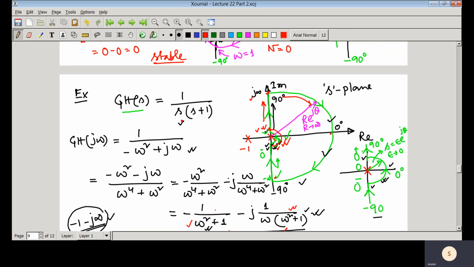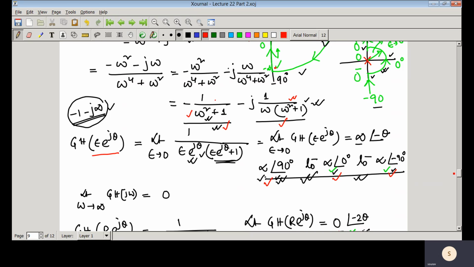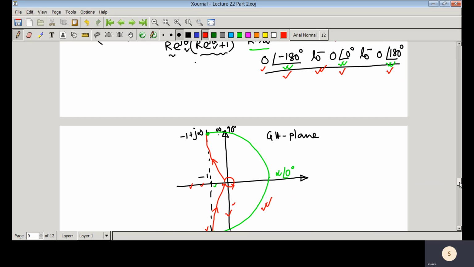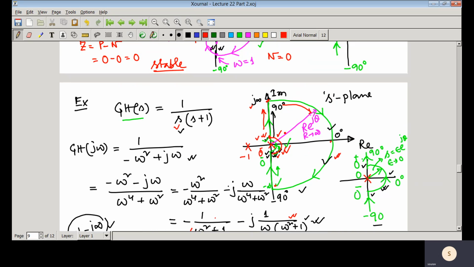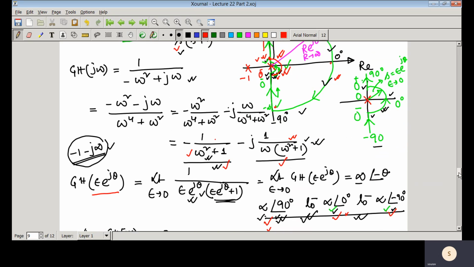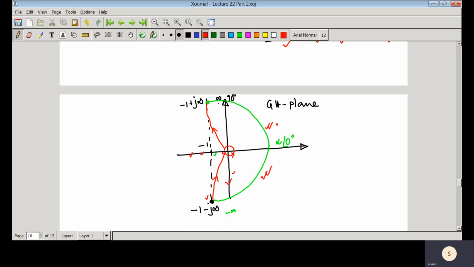That means as there is a 0 at origin, so we need to exclude that one, and this is that Nyquist contour, and we have started from this 0 minus, and we have seen that whenever that 0 minus is there, that means it is at infinity 90 degree, infinity to 0, infinity to minus 90 degree. So that small particular semicircle is mapped in Nyquist plane like this one, the bigger one. That is, it is varying from infinity 90 degree to infinity to 0 and infinity to minus 90 degree.